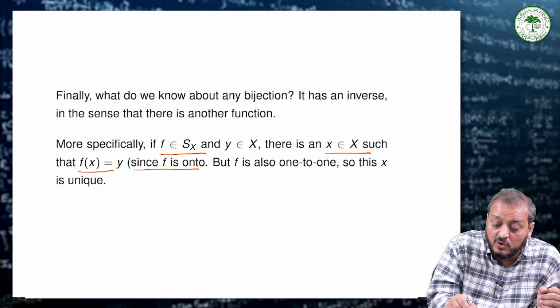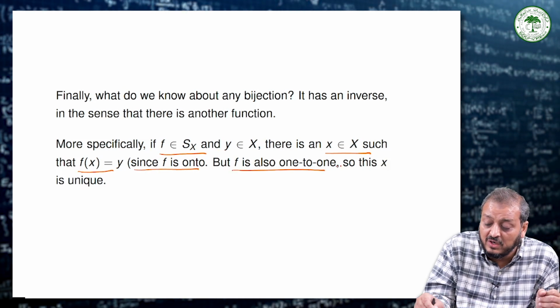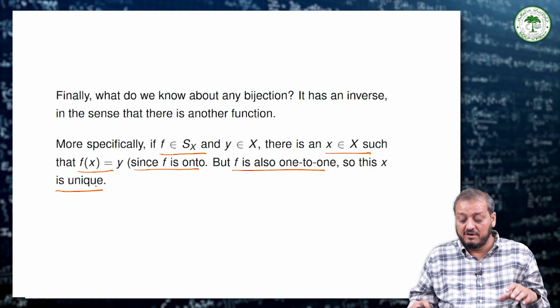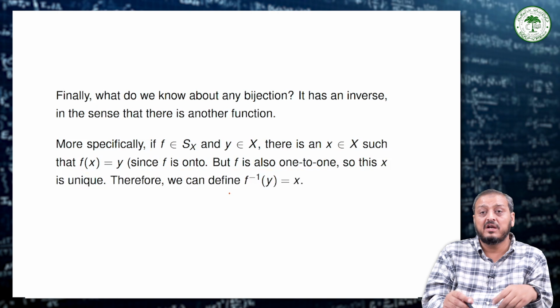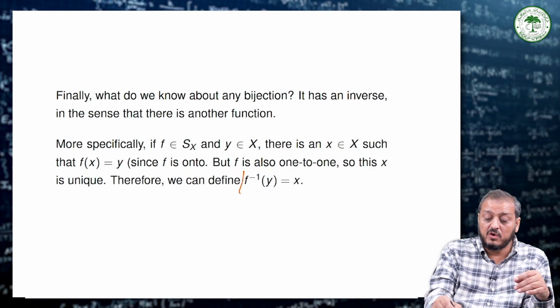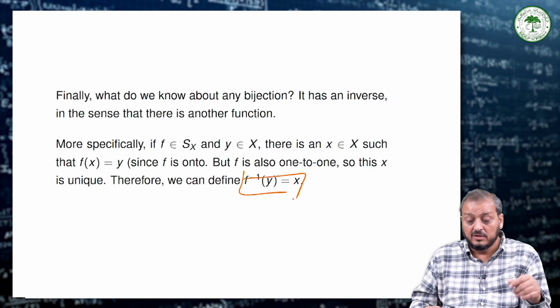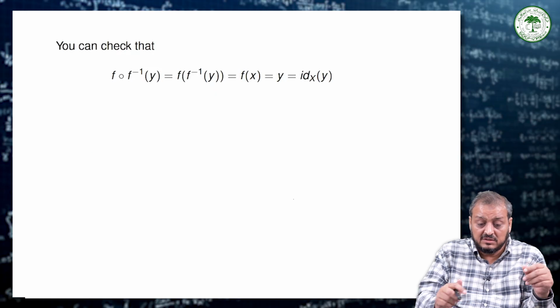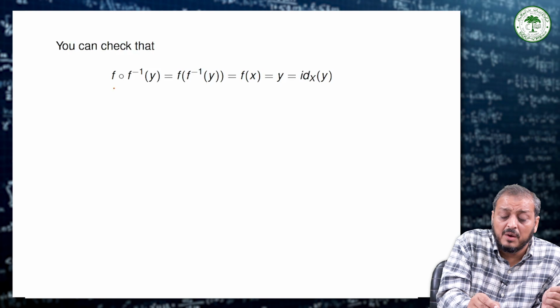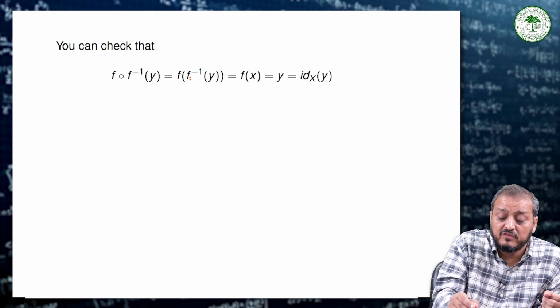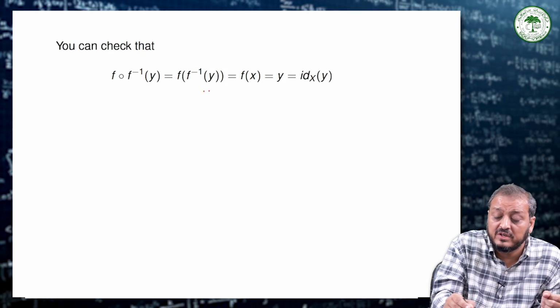Since f is onto but also one-to-one, x is unique. So f of x equals y has a unique solution. Therefore we can define f inverse of y as equal to that x. Now we check f composition f inverse of y. Since f inverse of y is just equal to x,